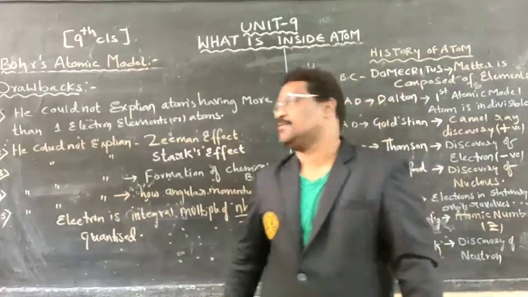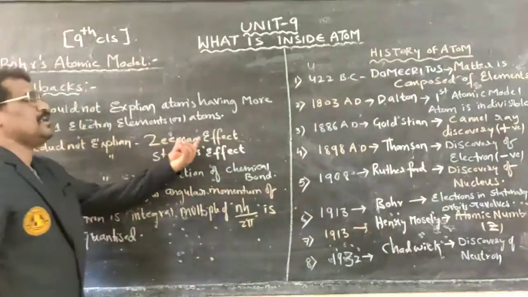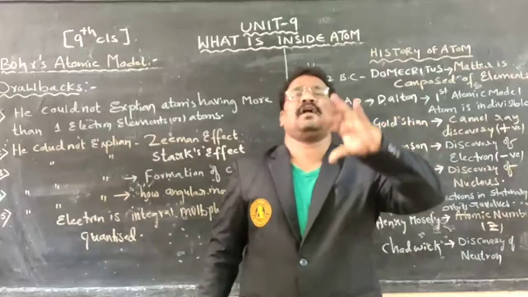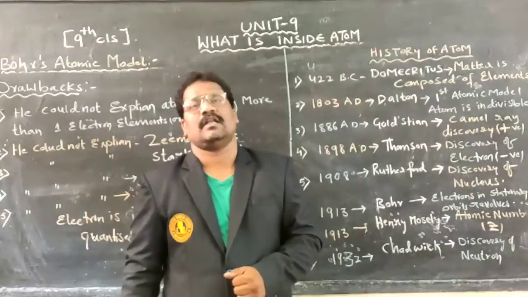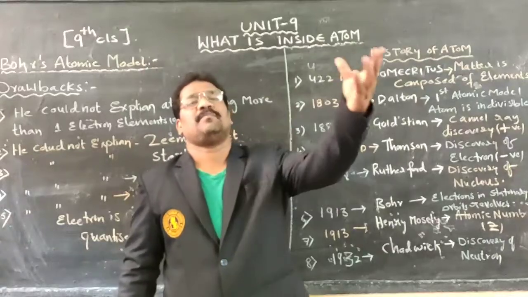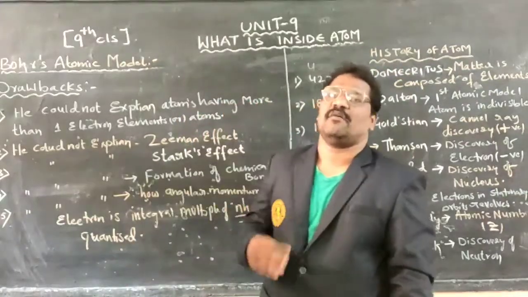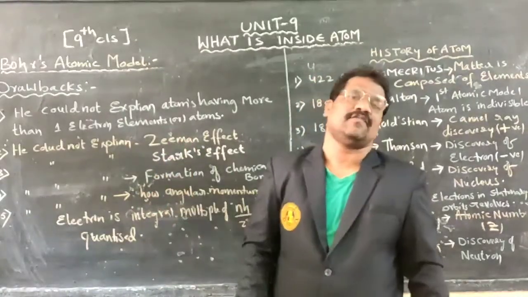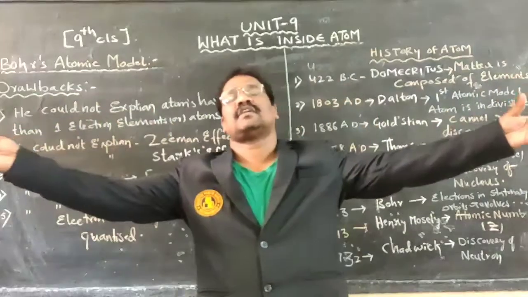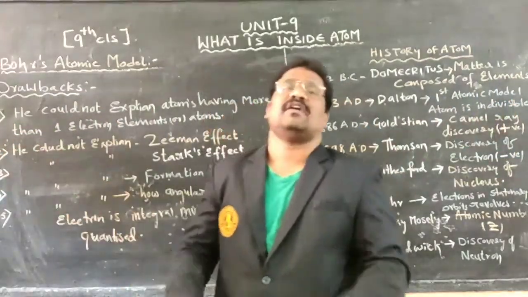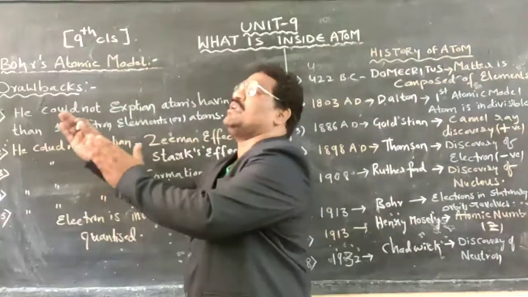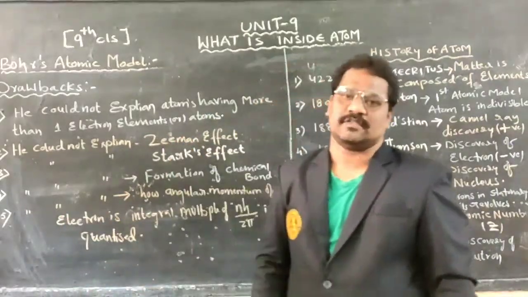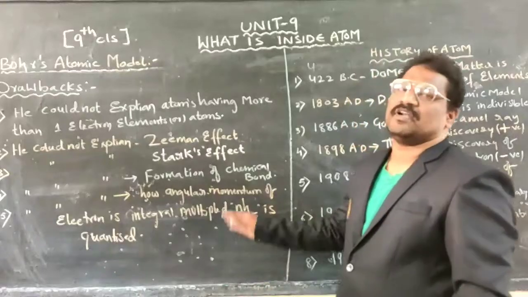The first drawback is that one. The second drawback is that he could not explain the Zeeman effect. What is called the Zeeman effect? When a magnetic field is applied around stationary shells, those shells split up in the form of subshells. That phenomenon is called the Zeeman effect, as well as the Stark effect. When a magnetic field as well as an electric field are applied, they split up into discrete sub-energy shells. He could not give a clear justification for how these discrete sub-energy shells split up for those two points. The fourth one is that he could not give an explanation about